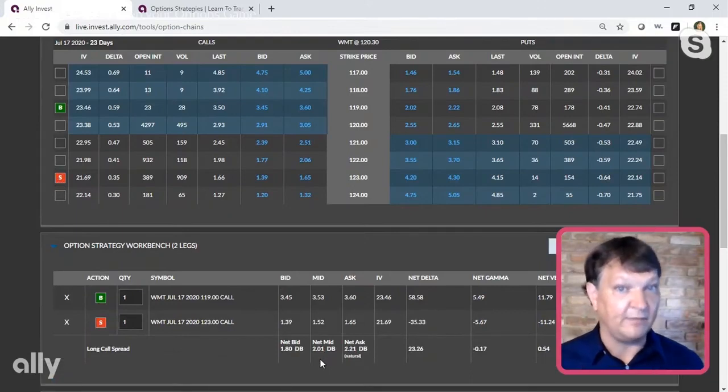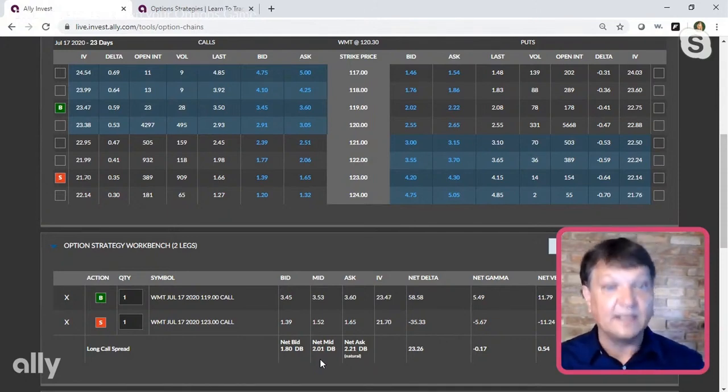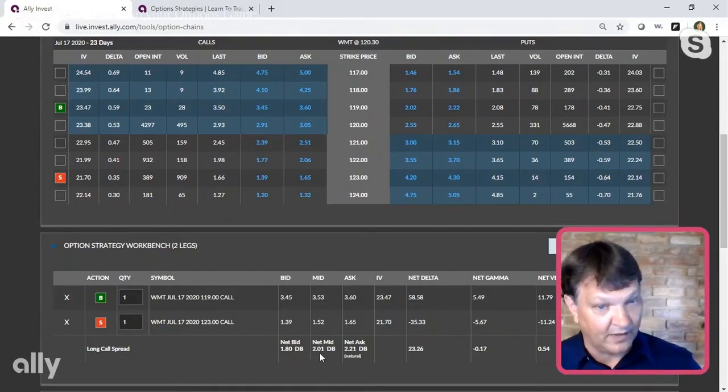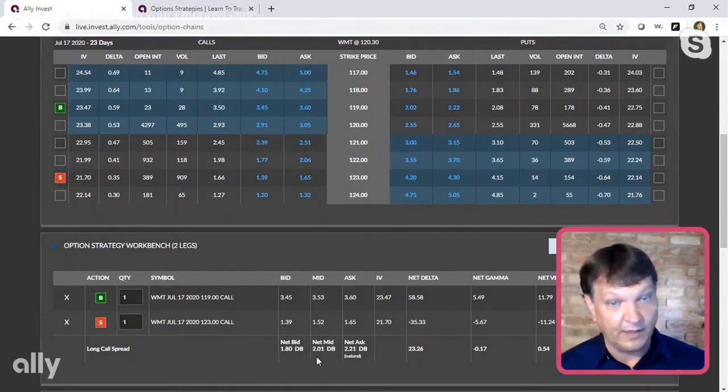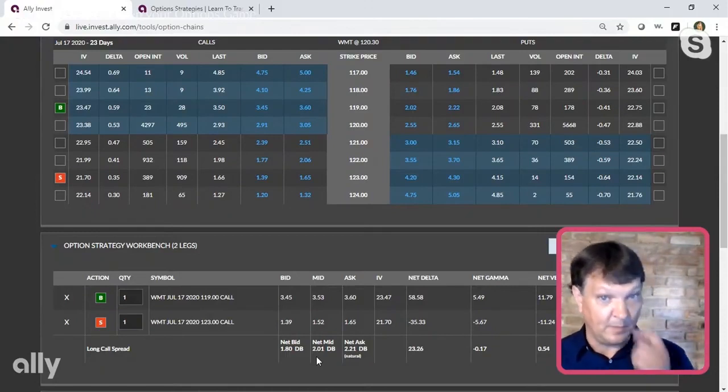Now that is trading for exactly $2 in this instance. And I've lowered that cost by doing it. But now I need the stock to go up higher to reach that strike. And now I am definitely paying more time premium than I'm selling. So at this point, if I do this, my break even now goes to 119 plus $2, which is the midpoint here, or 121, right? So I need the stock to move up 70 cents to get to the break even point.